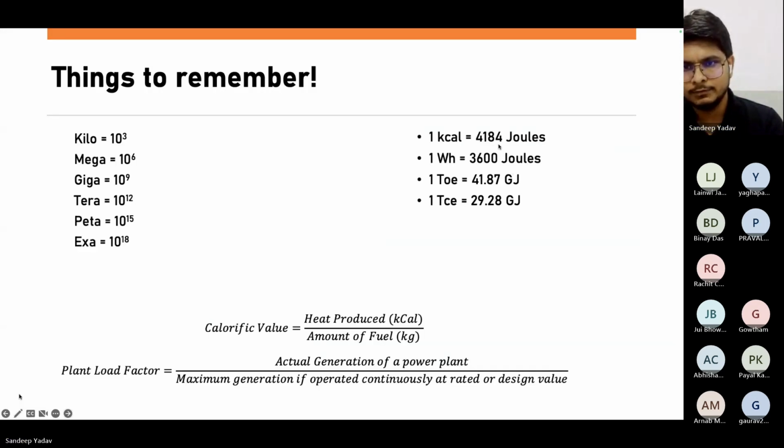4.18 kilojoules. 1 watt hour is 3.6 kilojoules. So that's a simple conversion you must know. And you must know what is the calorific value, what is the heat produced in kilocalorie per amount of fuel being used. That's why CV is being mentioned in kilocalorie per kg. Plant load factor we have already explained in the